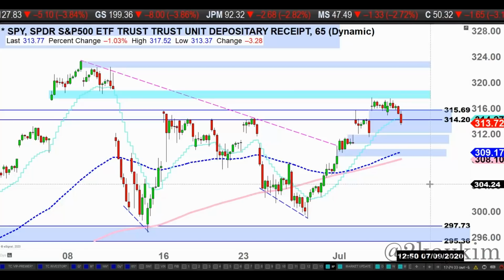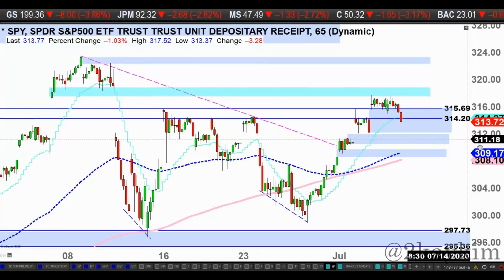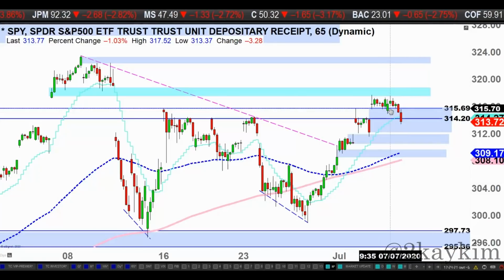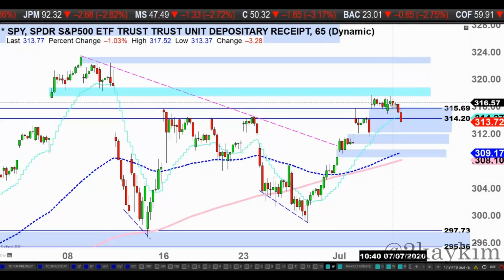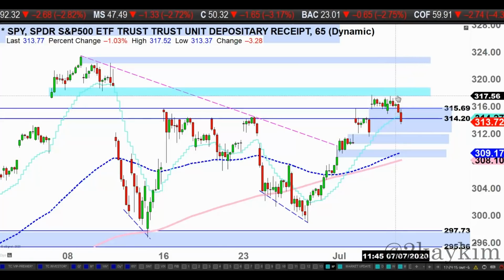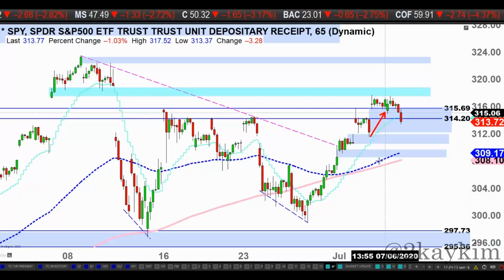But let's dive in, look at the price action, what happened today, and try to dissect this to figure out what we may see going into tomorrow and the rest of this week. So today, as you can see, that was the first hour, right? So we saw